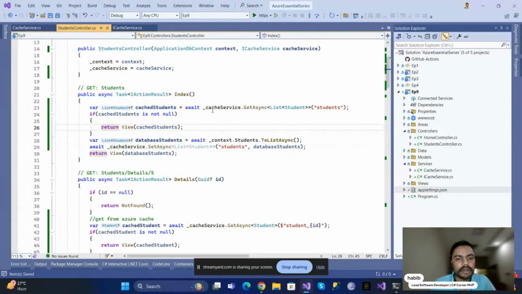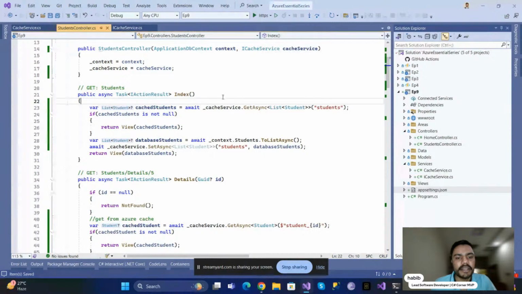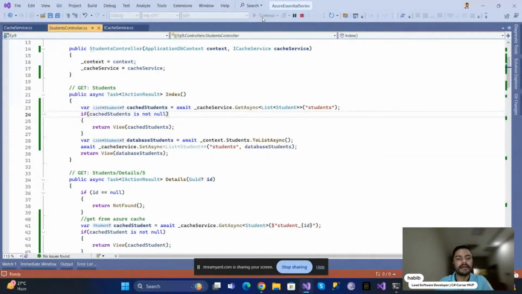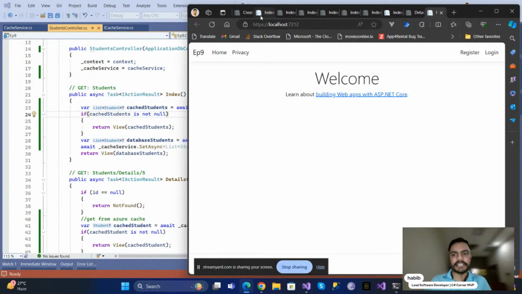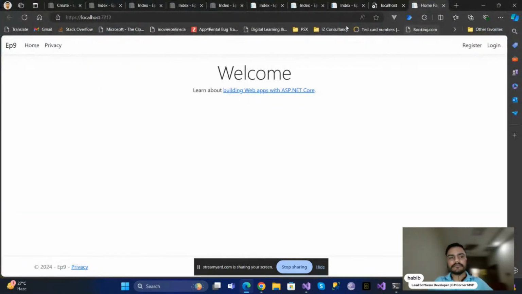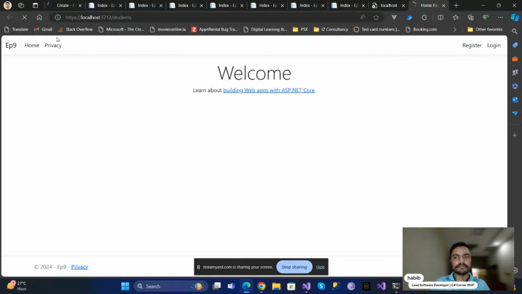Okay, now I am setting this record inside cache in a separate key. Now whenever I update my record, that will not show on my main table until the existing cache expires. So if I open students controller,